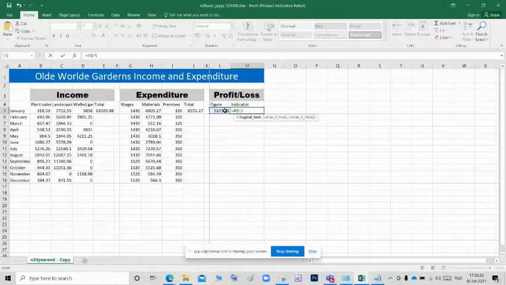This one, greater than or equal to 0, comma, and we are going to give the true condition. Quotation, make it profit, capital P, profit, and close the quotation, comma, and open the quotation, give loss.